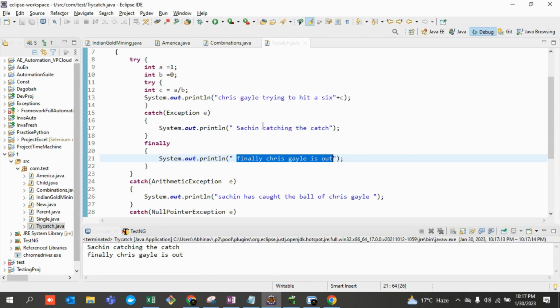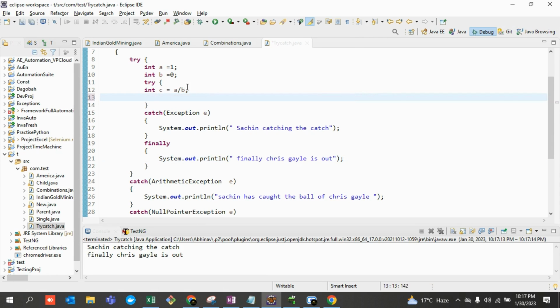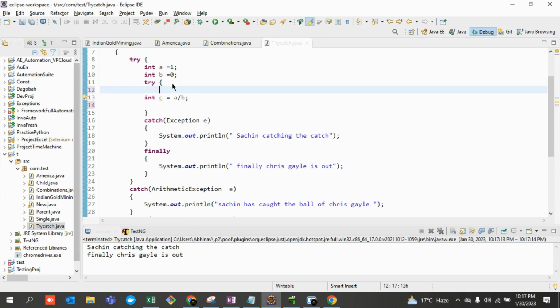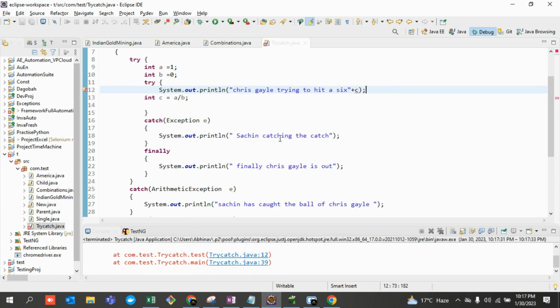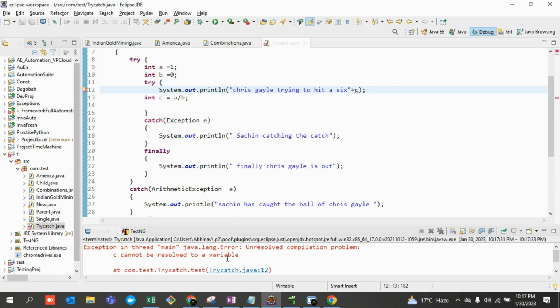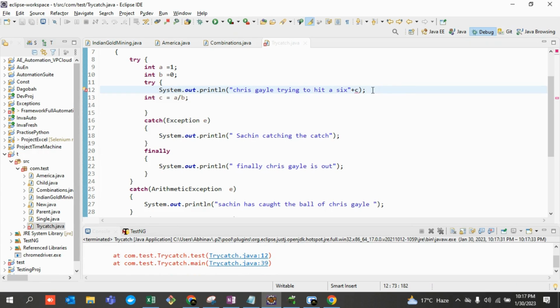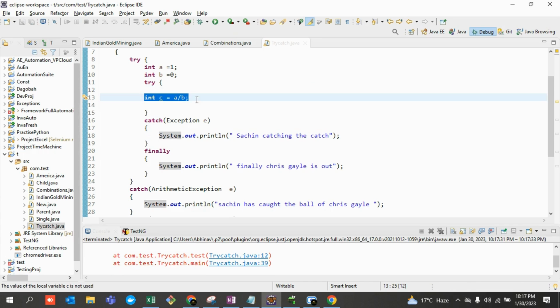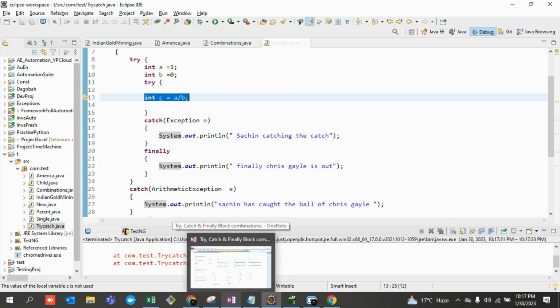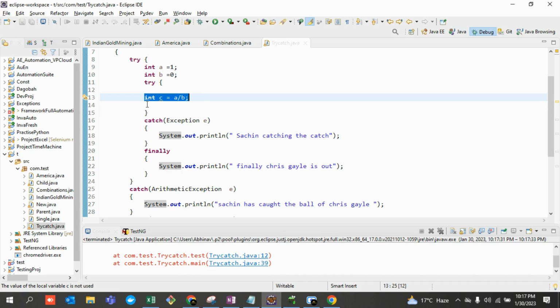So Sachin catching the catch, and this was an exception over here, so there is no need because exception occurred over here. So this line won't be printed. Those who are skeptical, let me show you again over here. See, unresolved compilation problem, right? So this is some sort of error over here. So this line is going to give you an arithmetic exception for sure, for those who are able to understand. But my scope is totally defined with the try catch block combination, so I'm not going into that level of detail,